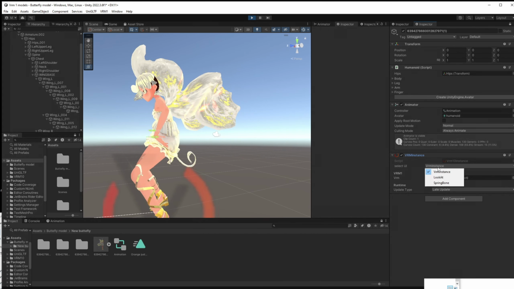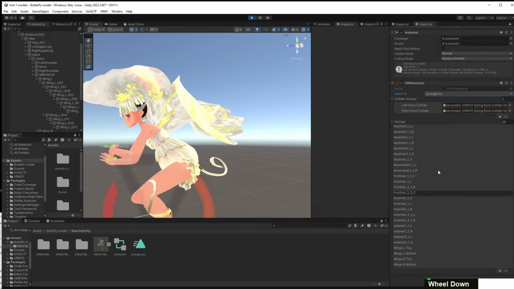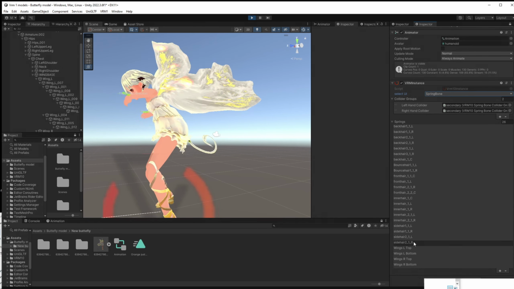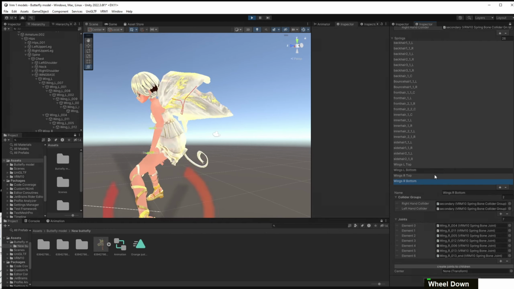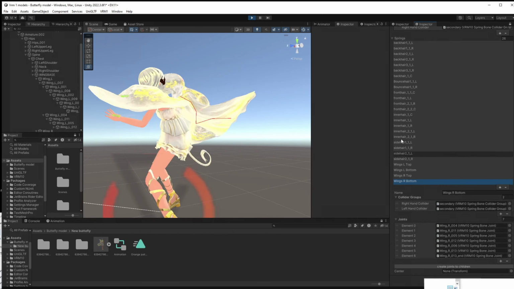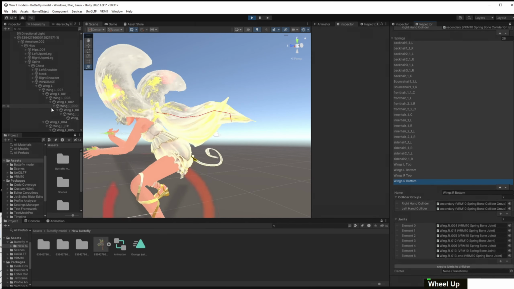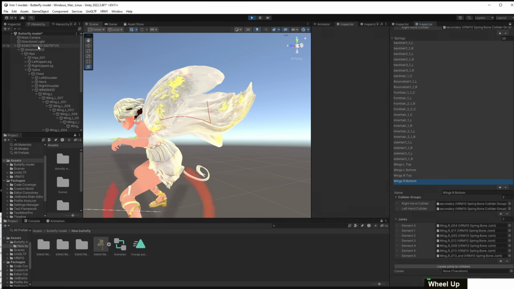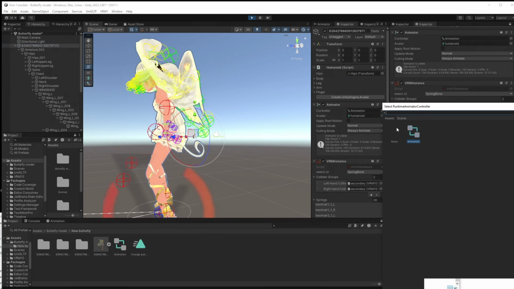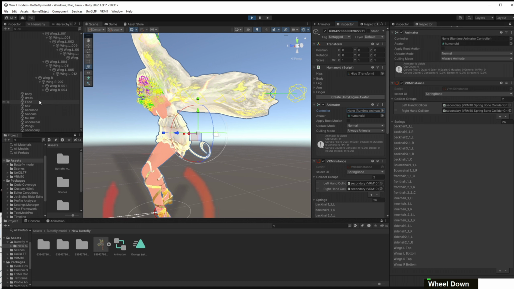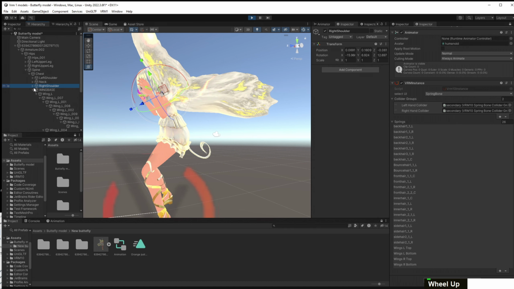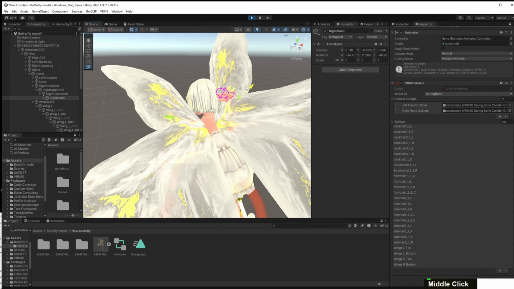Now, in this particular case, we already have some colliders set up, and these were colliders that were set up because we copied settings from the hair. The hair already had these set up. So what you can do is we can also examine these colliders. So I'll pause the animation for a second here by removing the controller, and we'll take one of the hands, for example, the right hand. You'll notice that the hands interact with the wings,